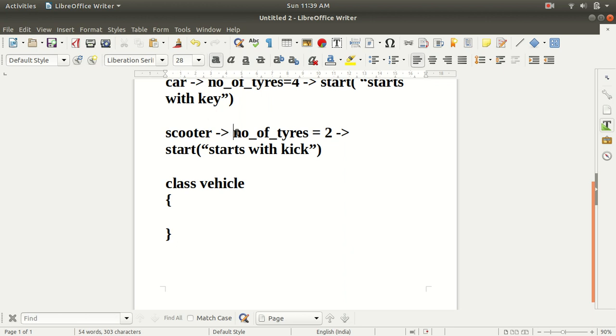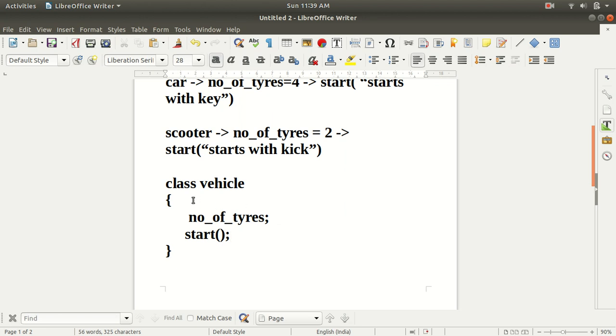I am copying the name of the variable, number of tires. So inside this Vehicle class we have a variable number of tires, but I am not going to define a value for it. In the same way, I have a start method inside this Vehicle class, but I am not going to define the body of this method or write the implementation of the start method inside the Vehicle class.